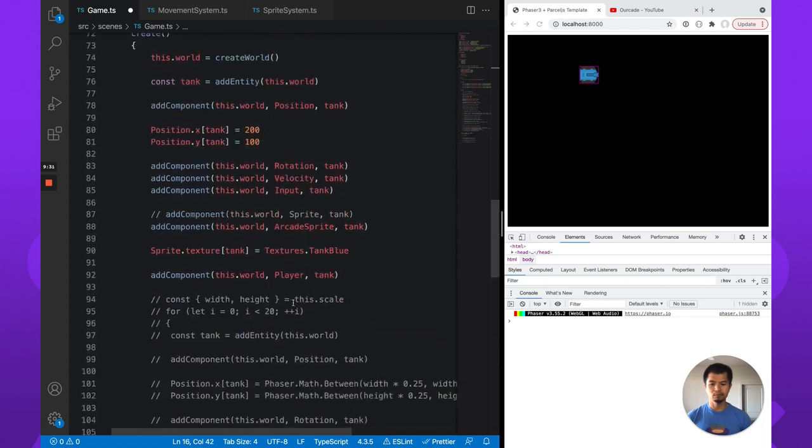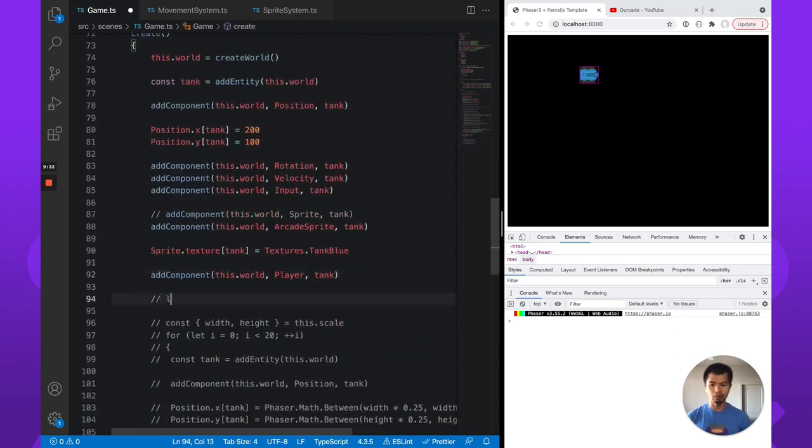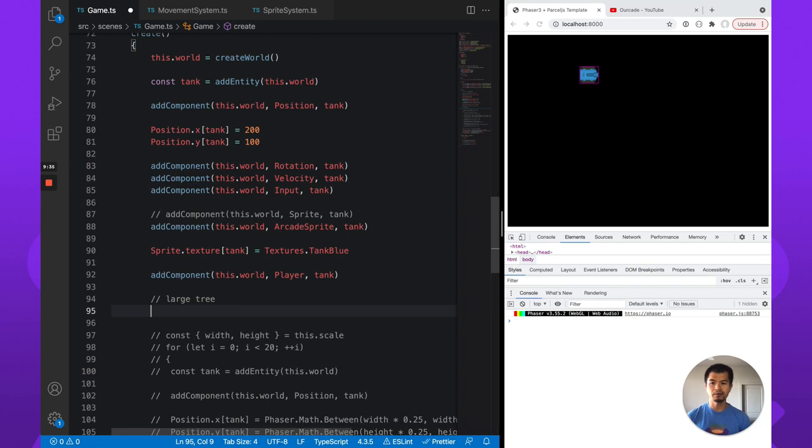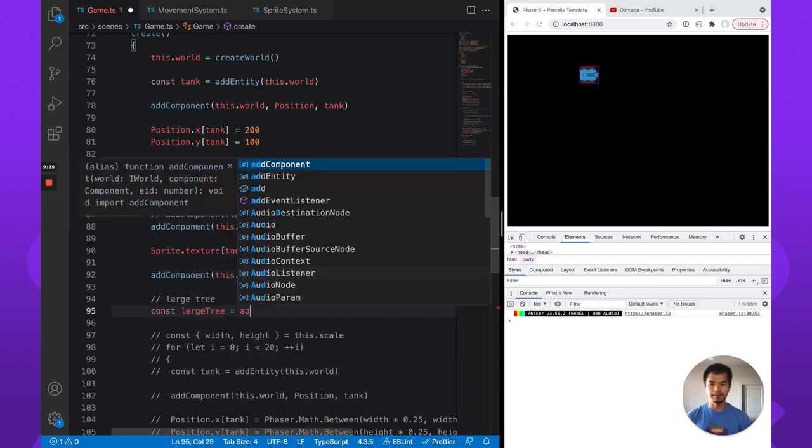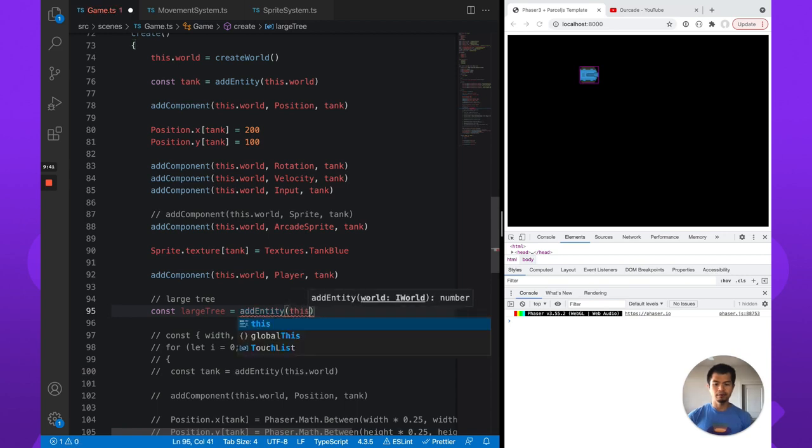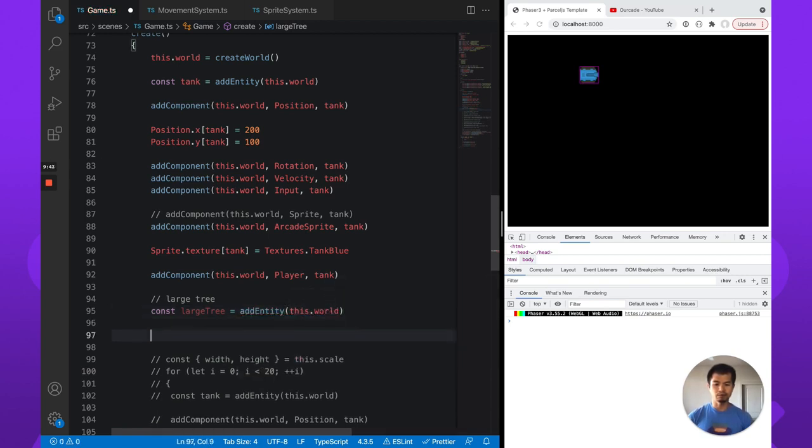So let's now make some trees, shall we? Let's make a large tree over here. So we're going to call this large tree. Add entity, this.world. So of course this large tree is an ID, right? We'll call this just a number. And we're going to do add